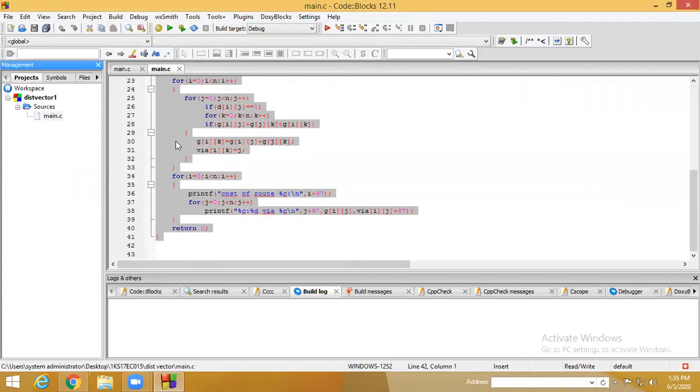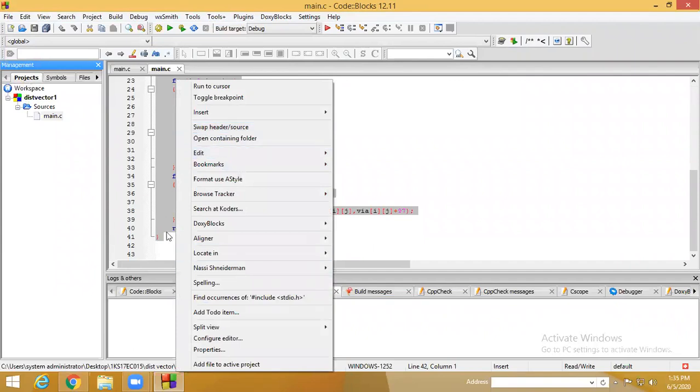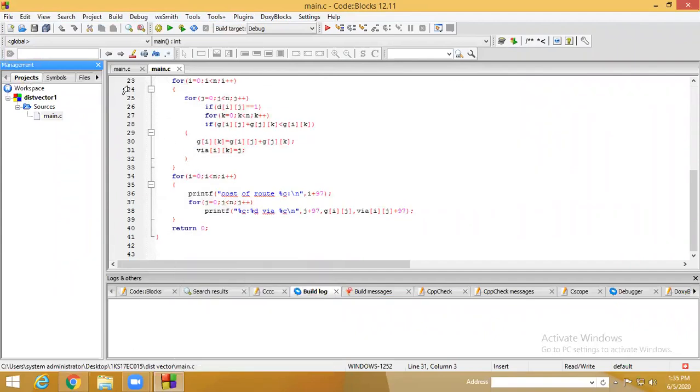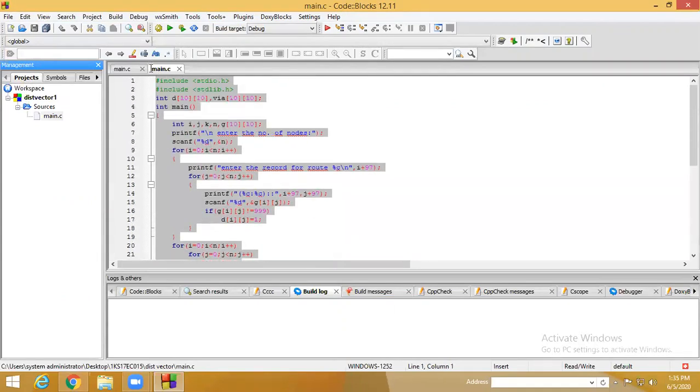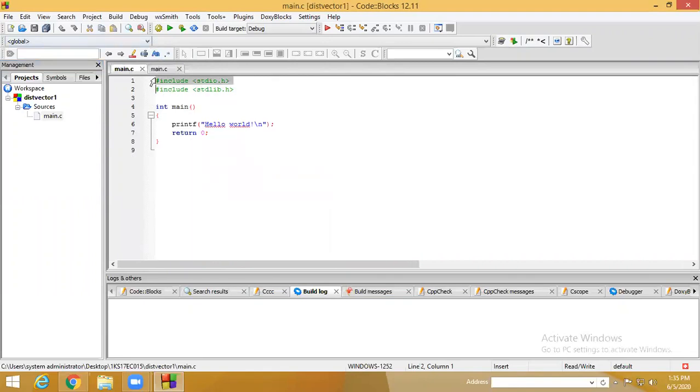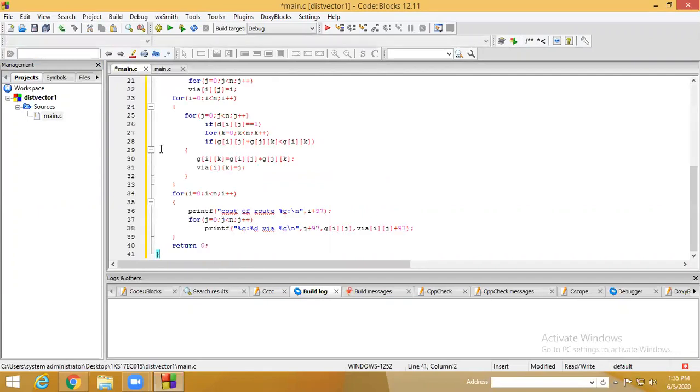Here you have to just type the program. Now I will just download or paste the program where we have created the project file.